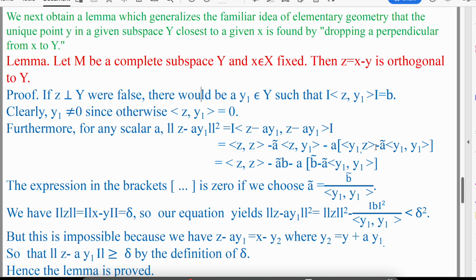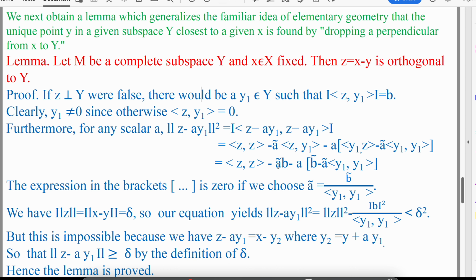Minus ā times the inner product of y1 with y1. If we take ā equal to b̄ upon the inner product of y1 with y1, then this will be b̄ upon the inner product of y1 with y1. If we cancel the inner product of y1 with y1 in the numerator and denominator, then we are left with b̄ minus b̄. So this term will be 0, and we are left with the inner product of z with